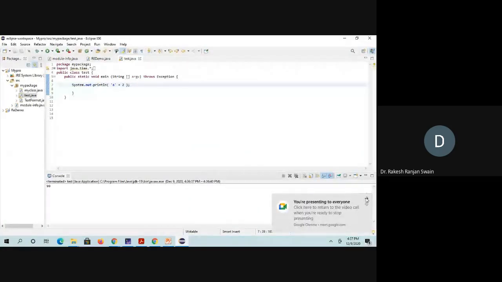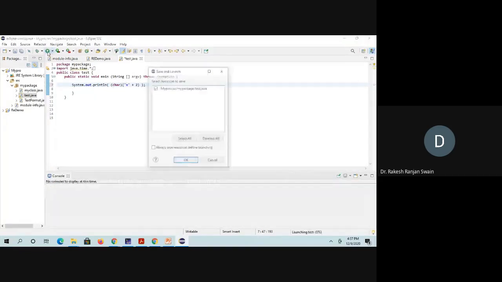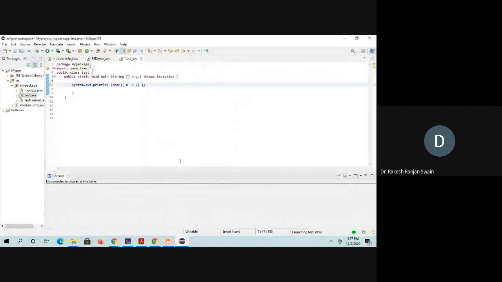But if we need the equivalent character, then here we use a typecast. How to typecast? See, I am giving a bracket here and typecasting to a char. So whatever integer ASCII value is generated, 99, it will be converted again into a character. The result is c.